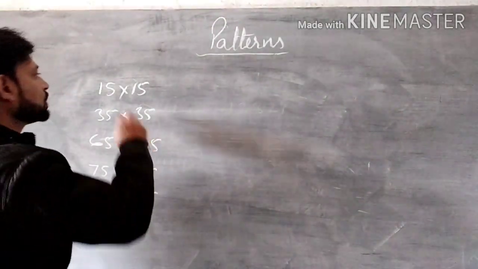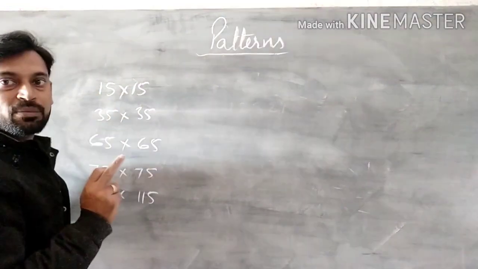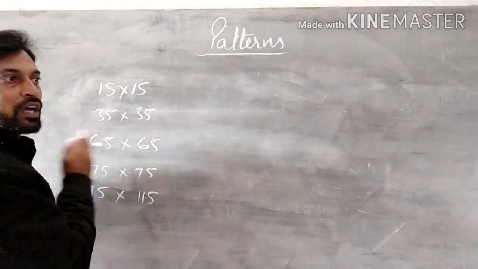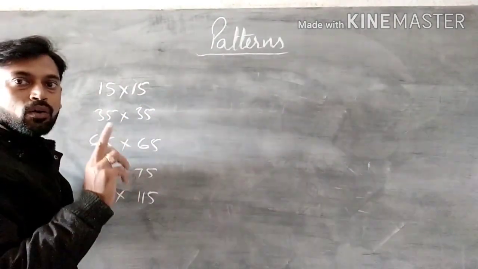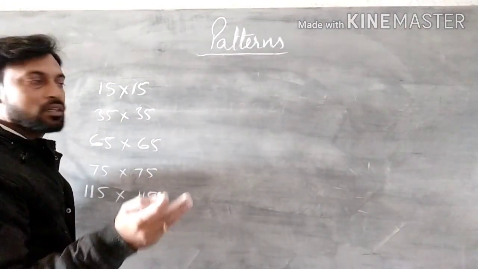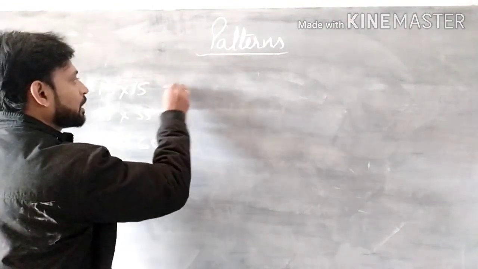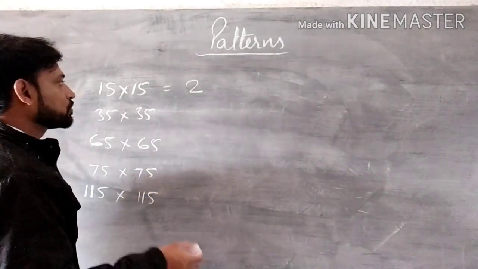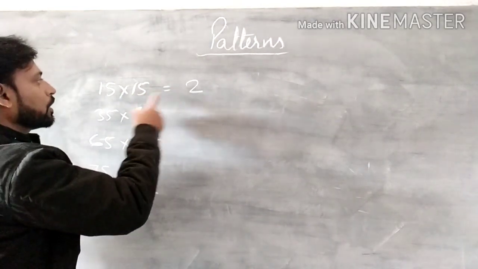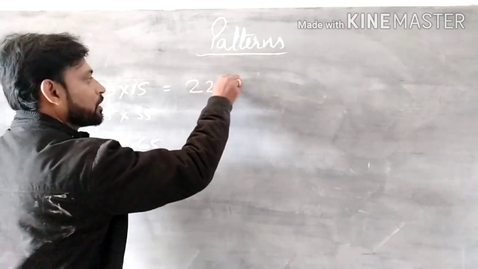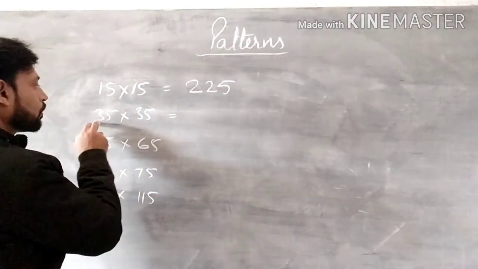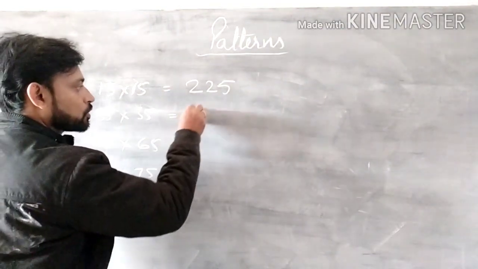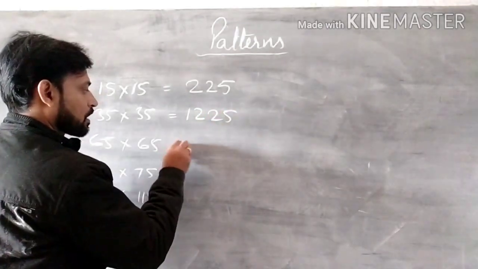What you have to do, just check which is in tens place, or which is before 5. So that is 1. Now what comes after 1? That is 2. Just multiply 1 with the successor of 1. That is 2. So 1 into 2 is 2, and for 5 you have to write 25. Is that clear? Now this is 3. What is the successor of 3? That is 4. 4 3s are 12, and 25.